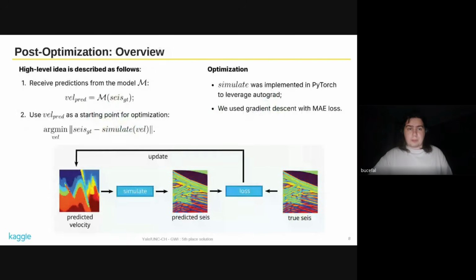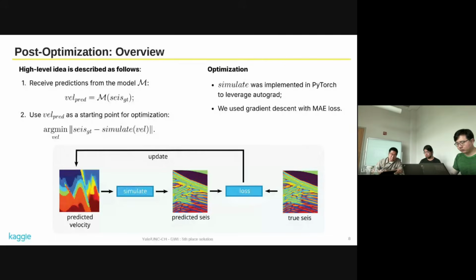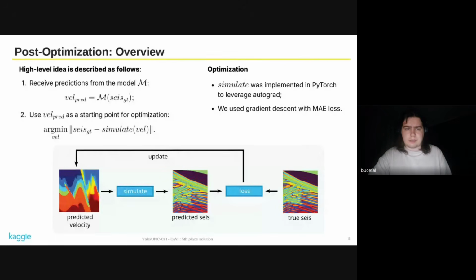So we talked about the first part, the second part. Now the third part is post-optimization. It is also a very important part. And the high-level idea can be described as follows. We have some ground truth seismic images, and by our models, we obtain predictions, velocity maps.